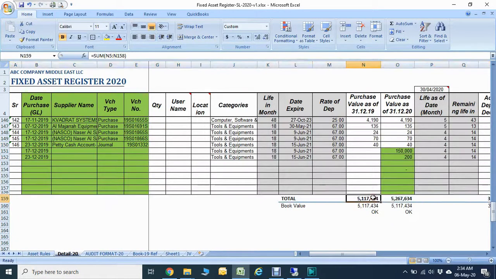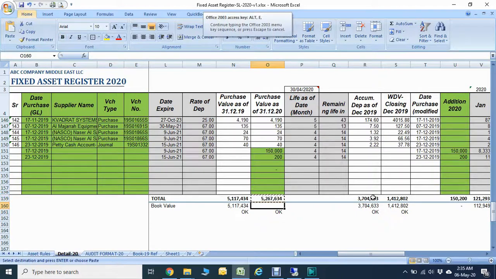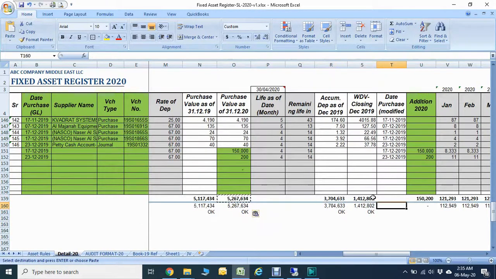Total assets, you have to check with your books of accounts. Okay, total assets purchase, not the net amount, total assets. So you have to put it here and then say OK. If it is the same, then OK. Then also here purchase value 2020. Because changes are coming, it is not the same amount, because I put some amount here like that. So this also you have to make sure this amount is the same. Check your books, then put the amount. So in case your books have the same amount like this, put OK, like this. Okay, and that is all.